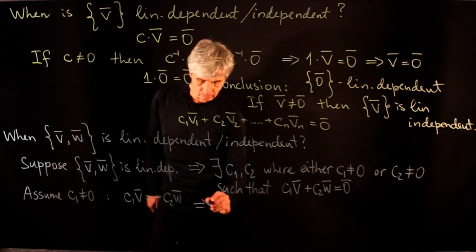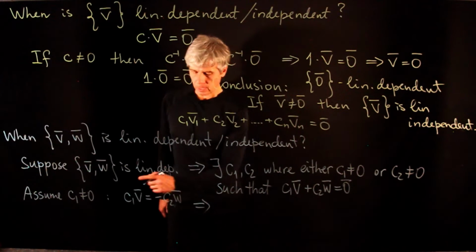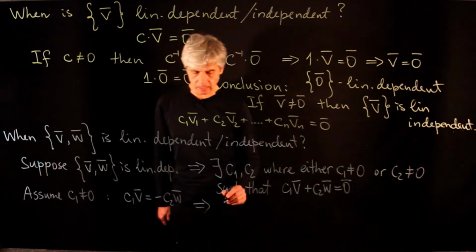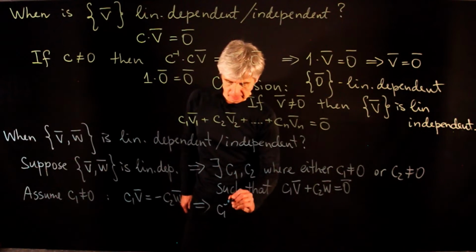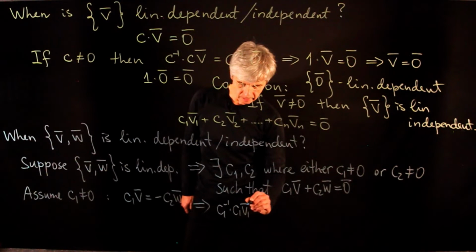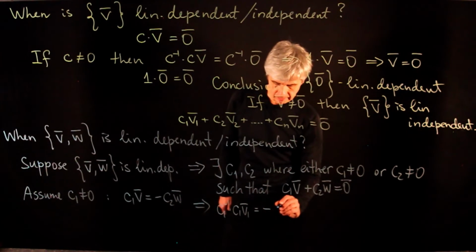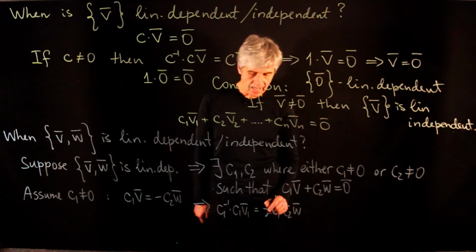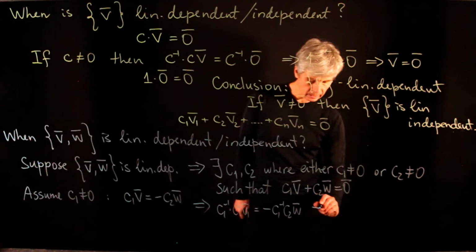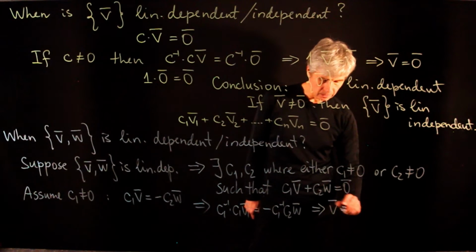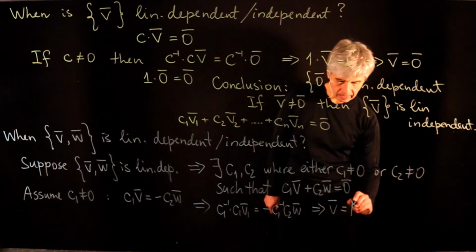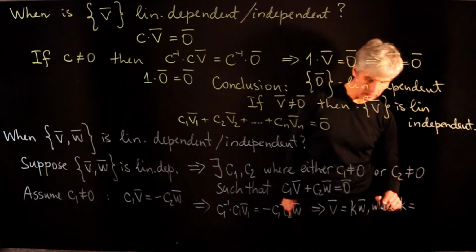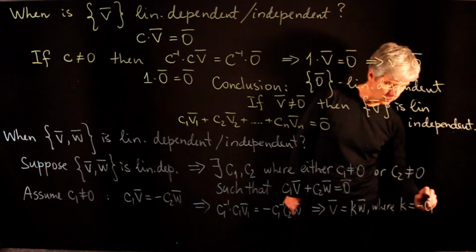And then, since C1 is non-zero, and this is an element of a field, we can multiply both sides by the inverse of C1. So then we get C1 inverse times C1v is equal to minus C1 inverse times C2w. And so this tells us that v is k times w, where k is equal to minus C1 inverse times